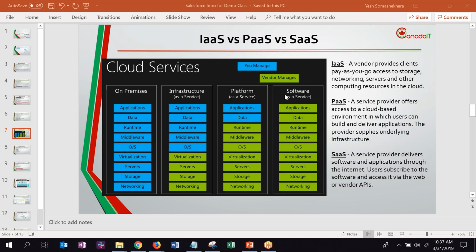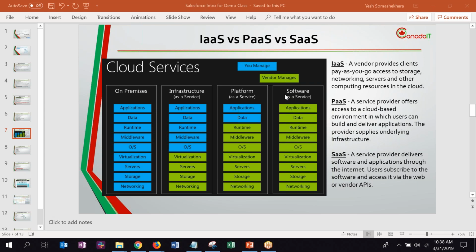And one thing specifically for Salesforce is Salesforce as a SaaS, what we call SaaS, software as a service, is a CRM application, and then Salesforce also provides just their platform for various companies to come and build their own applications. And they also have platform as a service. And a lot of times when people are talking about Salesforce, it can be platform as a service or software as a service. But for our intent, for all these training purposes, the Salesforce that we use now is going to be software as a service. Okay.